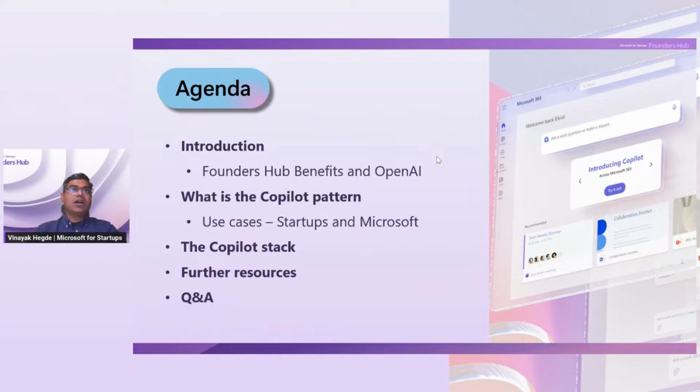So initially, we'll talk about the Founders Hub benefits and OpenAI. Founders Hub is our platform for Microsoft for Startups, where startups can actually get benefits, credits, and other incentives to build. And then we'll talk a little bit about the Copilot pattern. We'll look at a few use cases, both from startups and from Microsoft. And then we'll go a little deeper on the technical side into the Copilot stack,